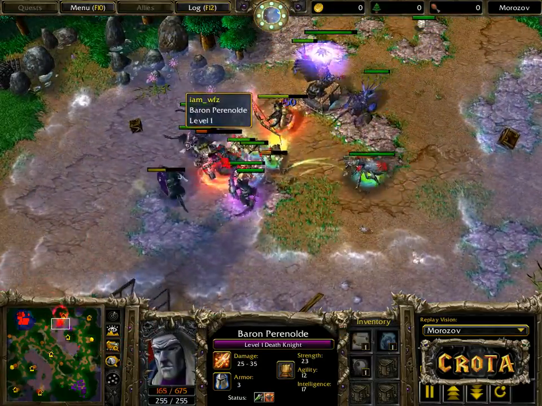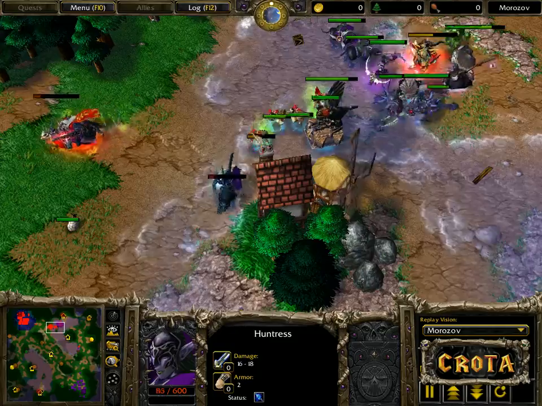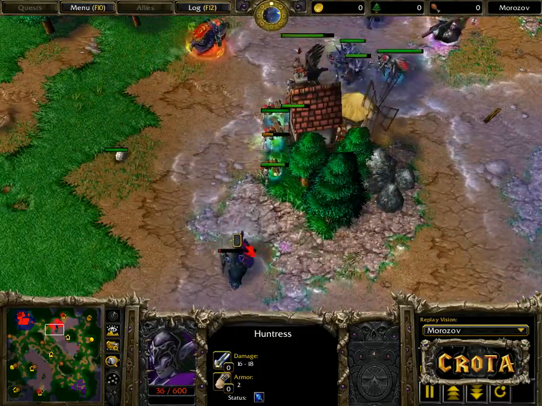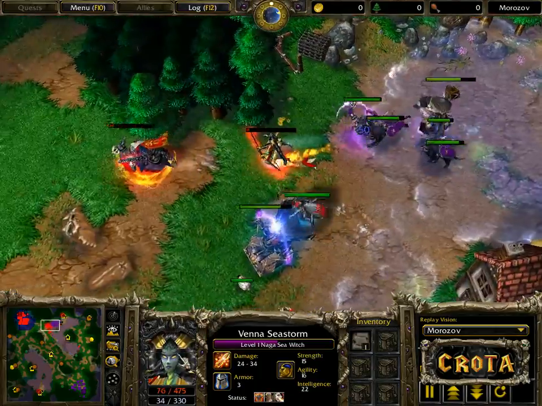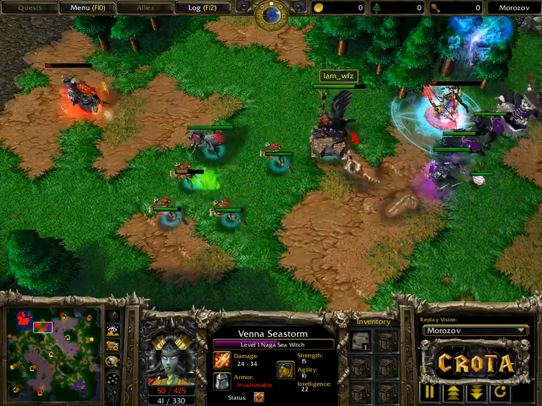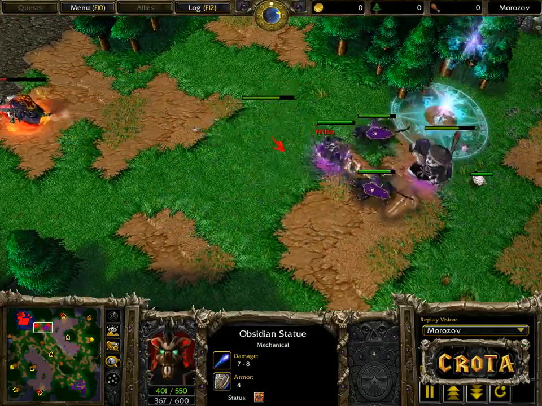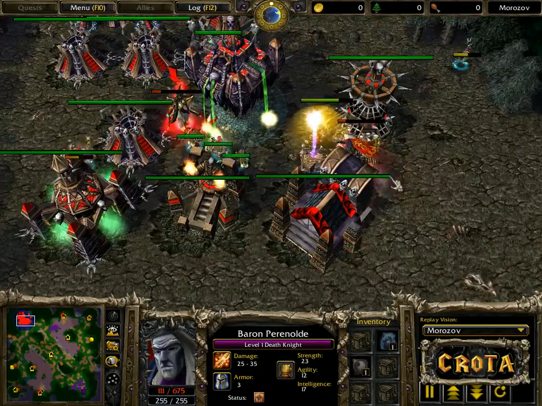All right, there is a Mana Burn. Death Knight up in the front row. That is going to be a very, very dangerous spot for him to be in. Cold Arrows not going to take down that Huntress there, as there is a Drunken Haze, Breath of Fire. The Naga Sea Witch very low on life, down to 40, transfers a Scroll of Town Portal. The Obsidian statue just teleporting in between the two, as the Death Knight now back on Blight will be able